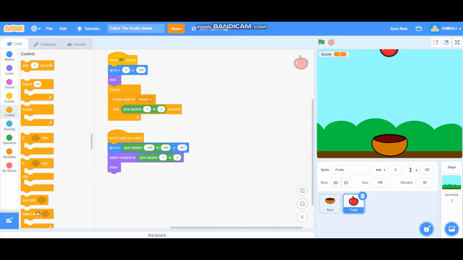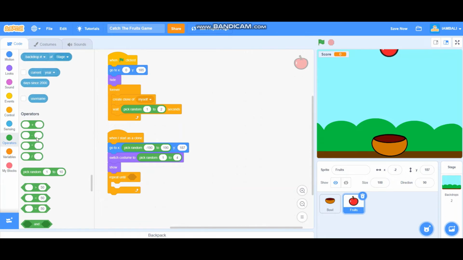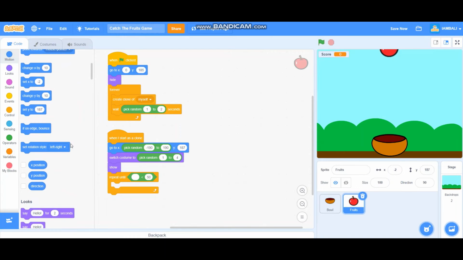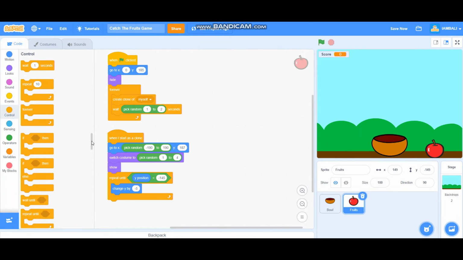And then repeat until, operators. Wrap this one. Go to motion. Y position block, and then let's see. Okay. Minus 149, I guess. Yes, like that. And then it will change Y by minus 5, and then it will delete its clone,